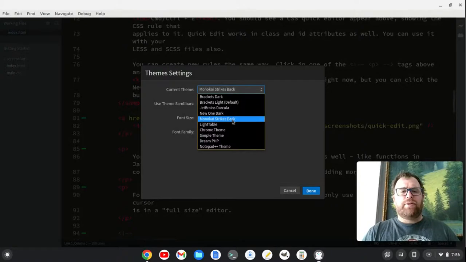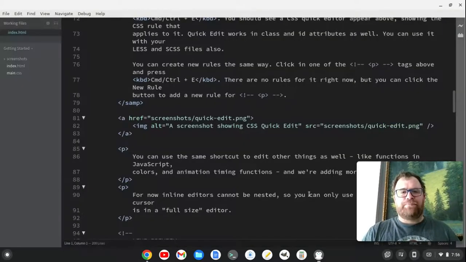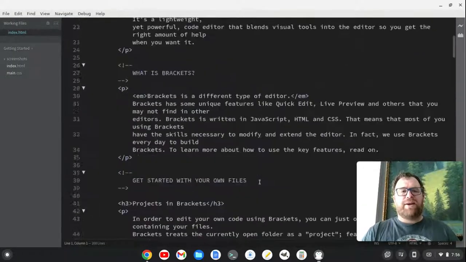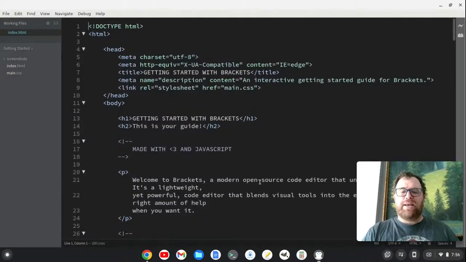All right, next one is one themed off of Light Table. Now, Light Table, you may or may not be familiar with it, but it's still around. It was an editor that was funded maybe by GoFundMe. I have to check on that. I'm not sure on that, but I want to say they created it around 2015, 2016. It was a very popular one, but it looks like it's kind of stopped